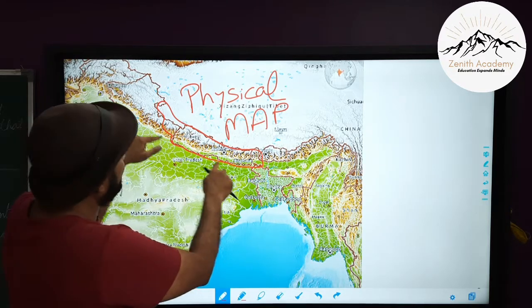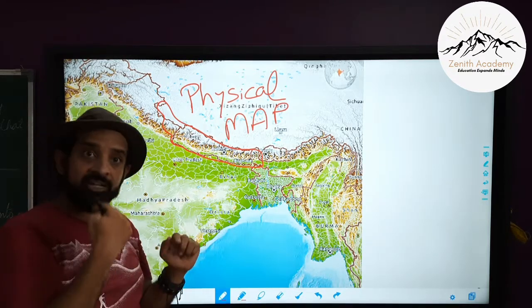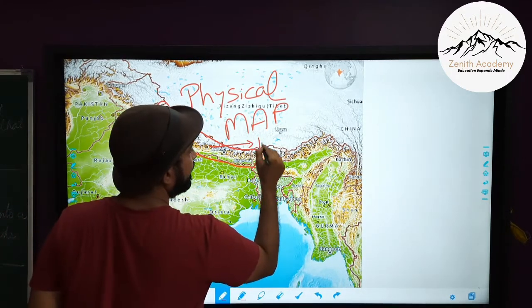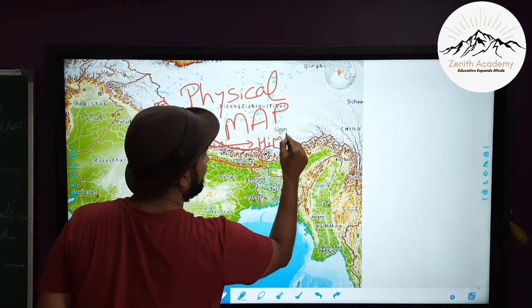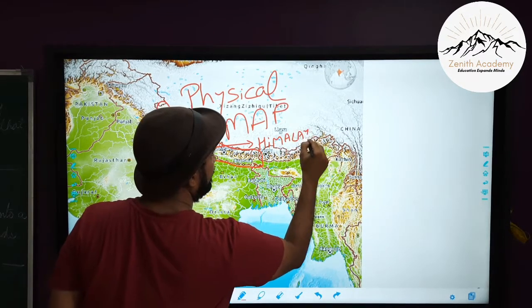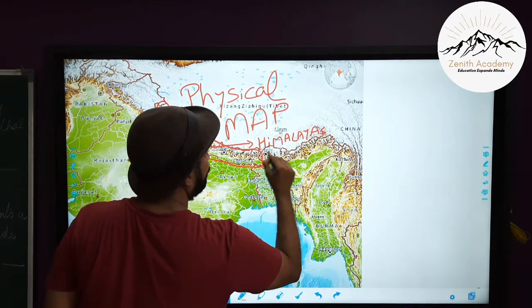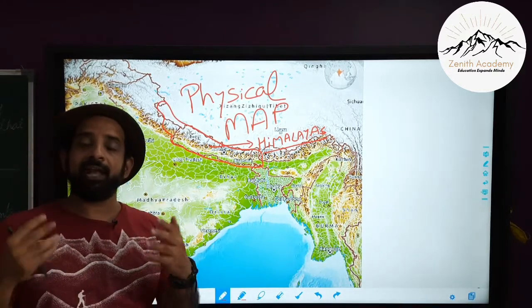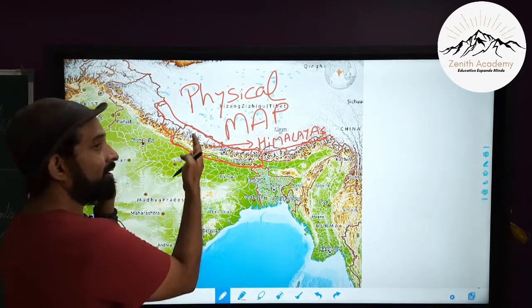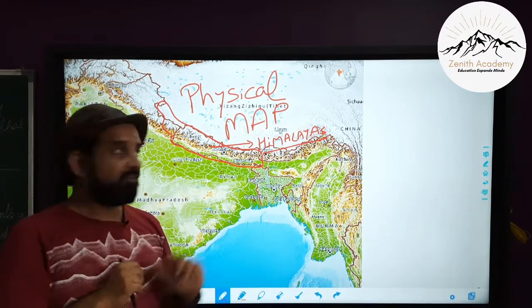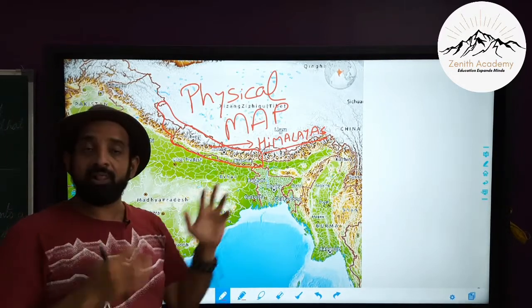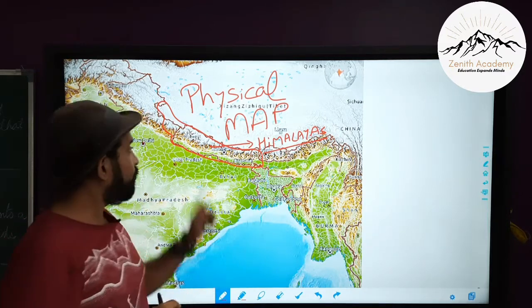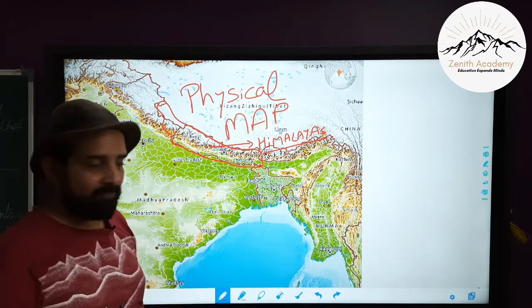Now what are these mountains? Let us study that also. This is the Great Himalayas. So students, I would love you to understand and get more knowledge about different earth features of our land. This is not part of your textbook, but I would love to show all these things also here. So this is Himalayas. The undulations are shown here on the physical map.